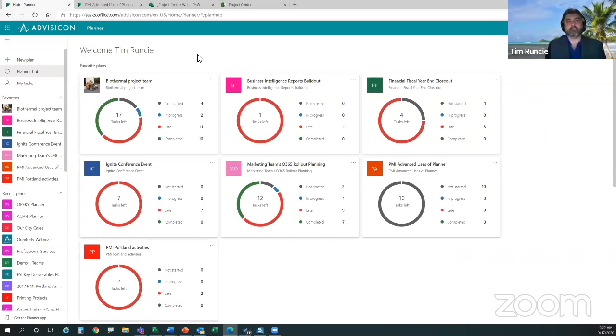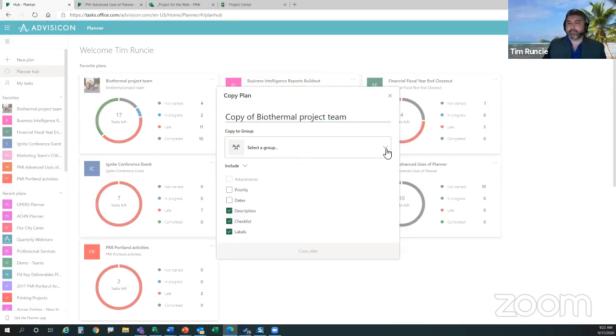And the idea of a plan is that you can spin them up, you can work with them, you can turn them off, you can make them favorites, but you've got this central view that you can see information, including the fact that if I want to take a plan, I can actually copy this whole plan and pick it up and move it. So you have the opportunity to literally copy a plan and then select a security group